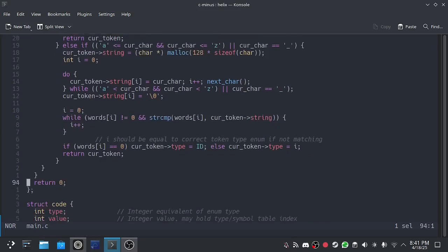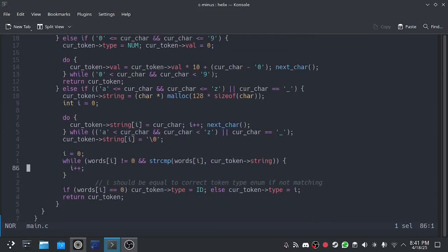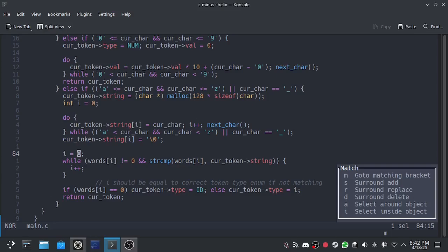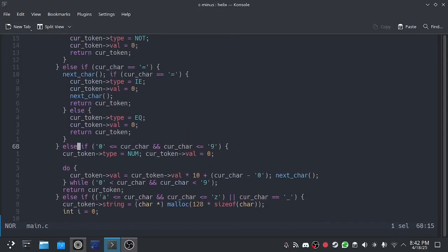I just added a bit of spaces here and there just to make it a bit clearer what's happening. So here what it does is that it uses the same I variable, the same index variable from here, and just sets it to 0. And so basically what I did here is that we did what they did in the original program, where